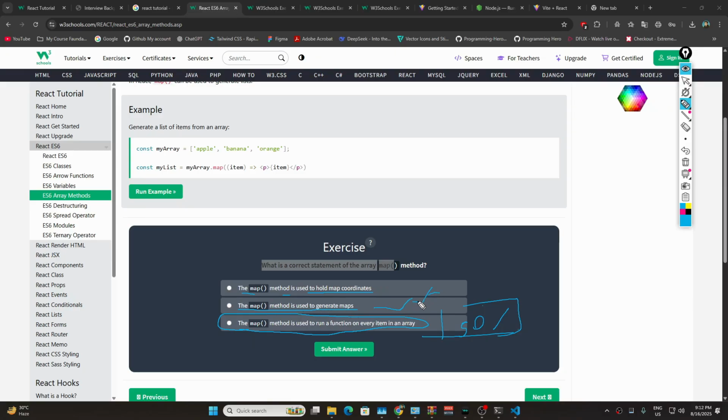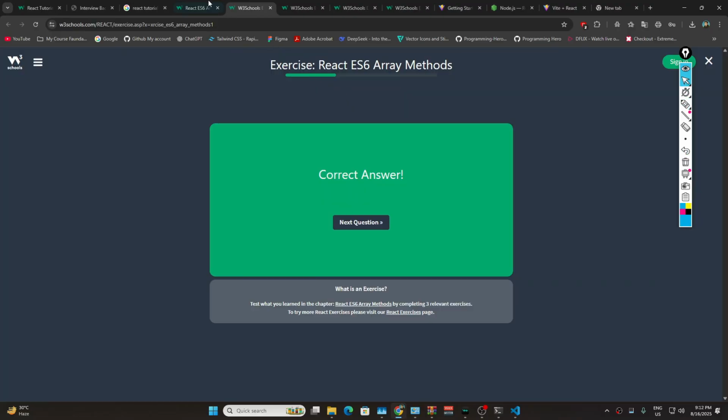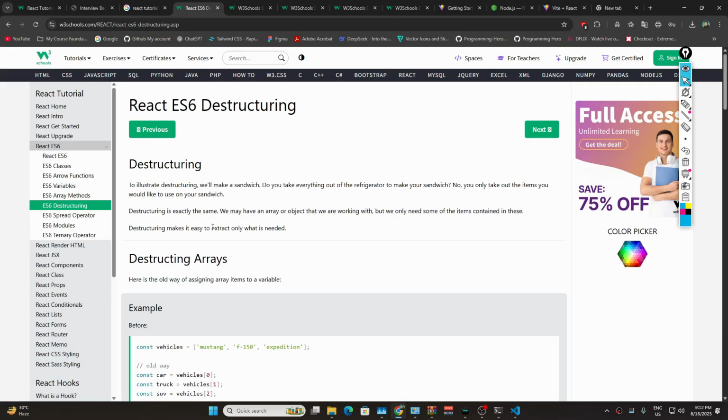What the hell is this? That fails. The first, the map method is used to hold map coordinates. 50% means 100%, the second and third one. Okay, let's see if you're wrong or correct. Yeah, correct answer. Next,